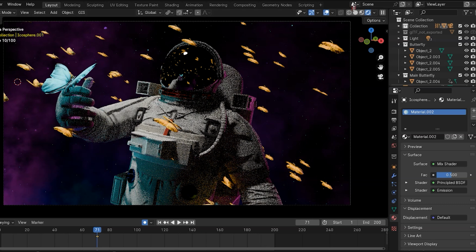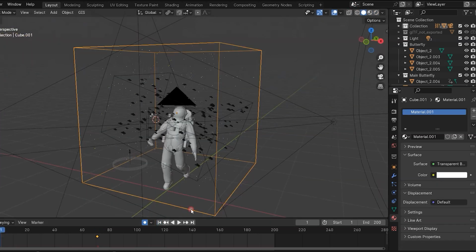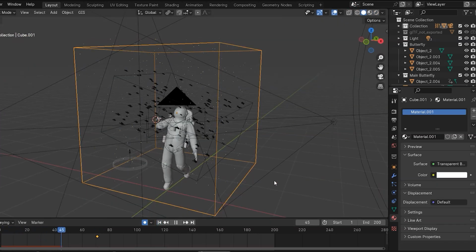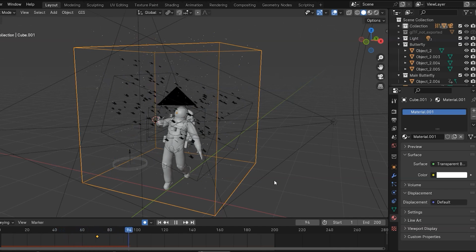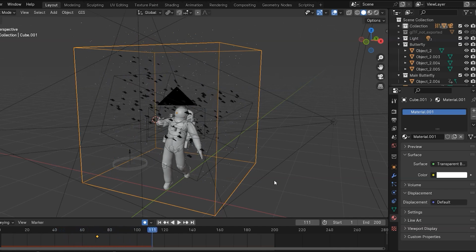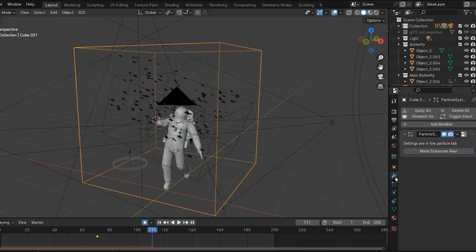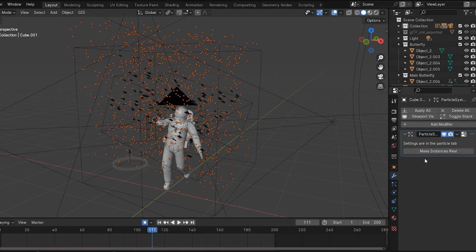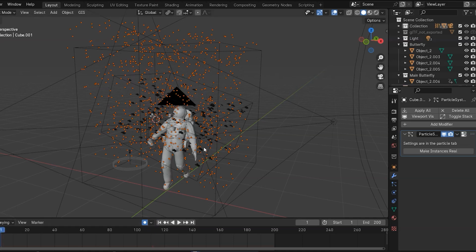But we have a problem right now. If you play the animation, the icosphere dust is being treated exactly like the butterflies. So to fix this, go to modifiers panel and click on make instances real. It makes a bunch of icosphere objects individually. Now press M and move them to a new collection, call it space dust. Now if we play again,